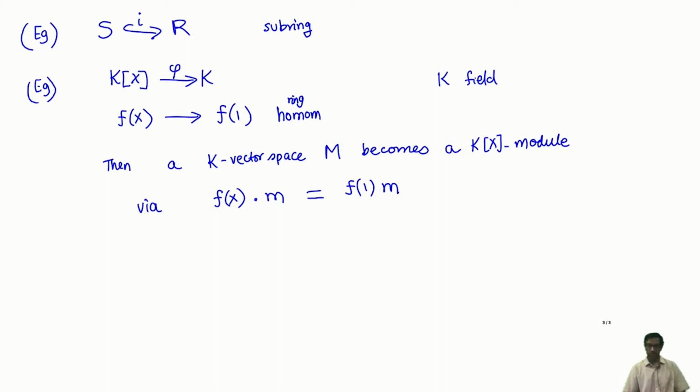So this gives you, for example, a structure of a k[x] module on M, and of course we have seen the more general ways of making k vector spaces into k[x] modules. All you have to do is to specify one linear operator, okay? And in this case this is just the choice of the identity as the linear operator. So anyway, this is just to illustrate that this general definition can give you something more interesting than just the usual restriction.